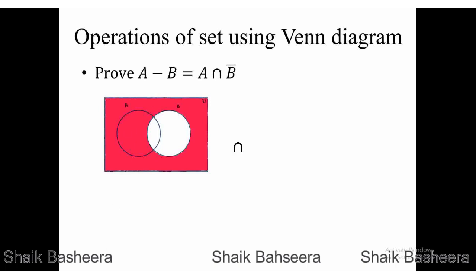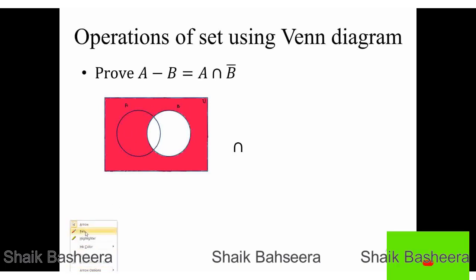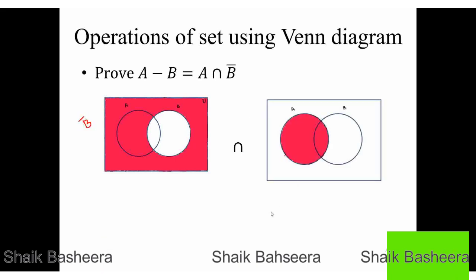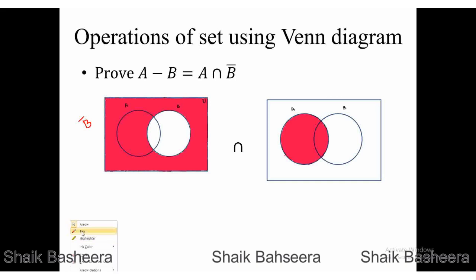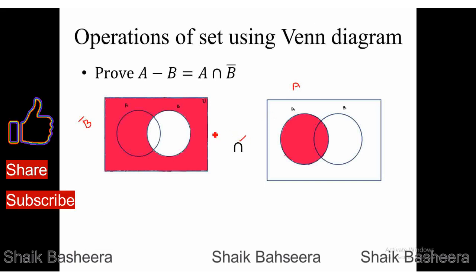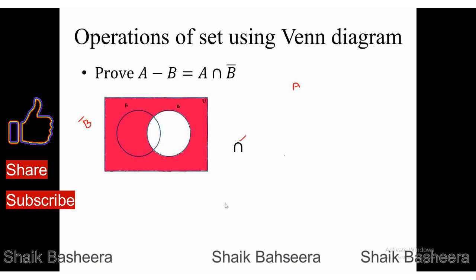This is the Venn diagram for B complement, and we take another Venn diagram that only represents the elements of set A, and performing the intersection between these two,